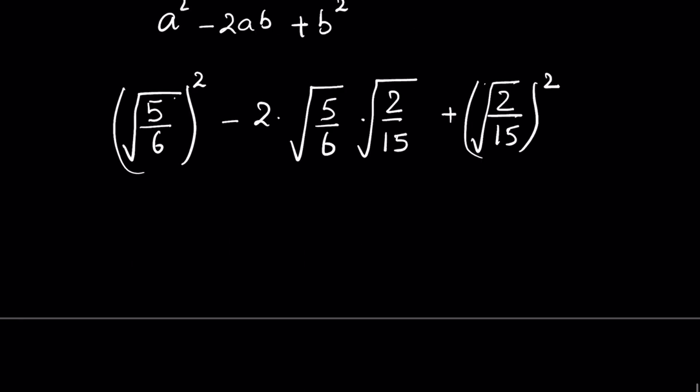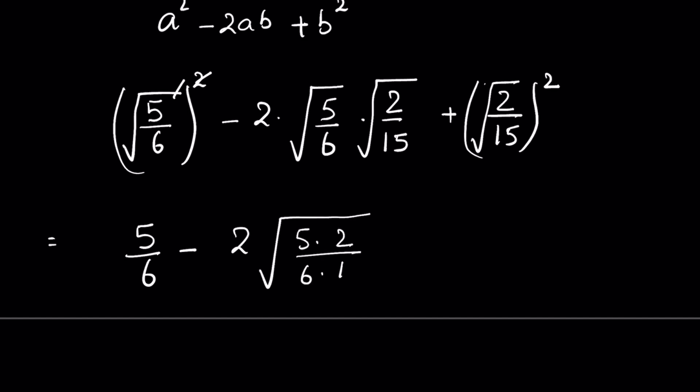Now we can remove the square root with the square. So this is 5 upon 6 minus, this we can write as 2 times square root of 5 times 2 upon 6 times 15, because when square root of a times square root of b, we can write it as square root of a times b, then plus, again remove the square root with the square,